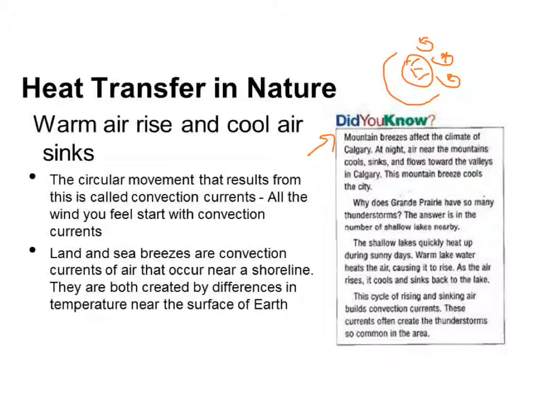Now, why does Grande Prairie, though, have so many thunderstorms? The answer is the number of shallow lakes nearby. The shallow lakes quickly heat up during sunny days. Warm lake water heats the air, causing it to rise. As the air rises, it cools and sinks back to the lake. This cycle of rising and sinking air builds convection currents, and these currents often create thunderstorms that are so common